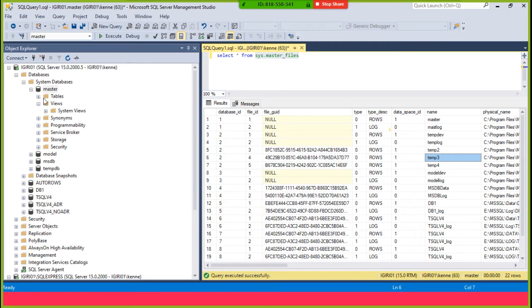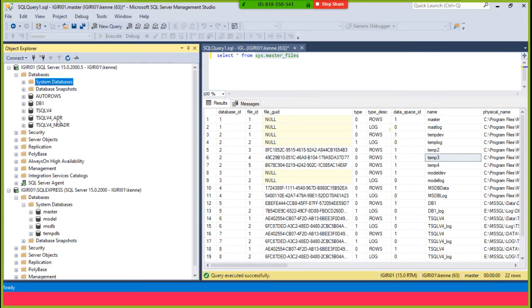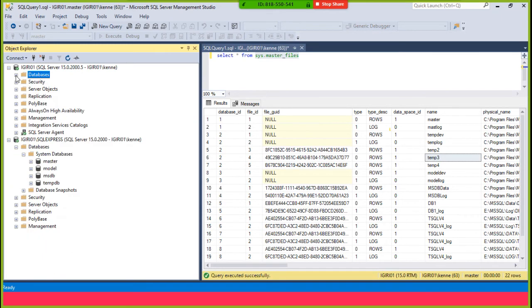And for it to start first, the configuration, the installation of SQL or the SQL engine must know where the master data files are. So that is very important. So once it starts, it can now start opening all the databases that are on that instance. So let me show you something